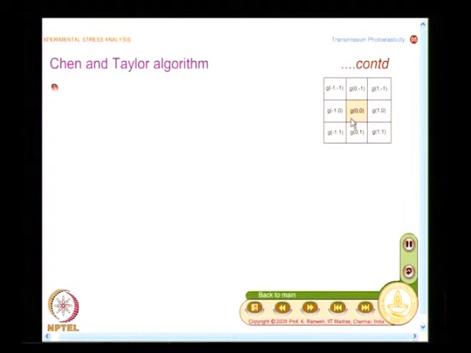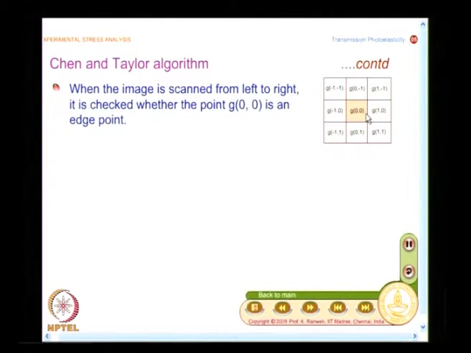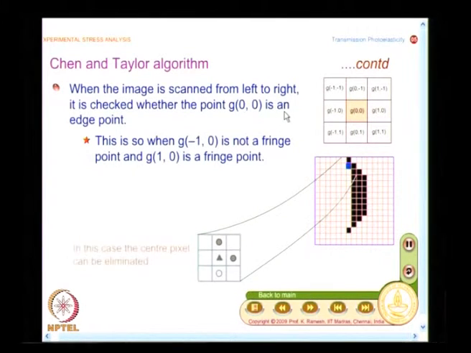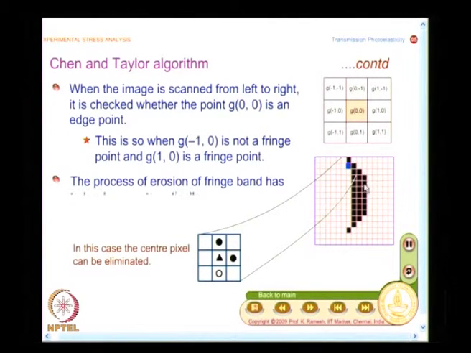And what I have is this is the pixel that is under consideration, and the image is scanned from left to right, and I want to find out whether the pixel z0,0 is a border pixel and do I have to retain or eliminate it. And I have shown a typical fringe where it has a different kind of thickness, and this blue pixel repeats that scanning process, and I will redo the animation, then you can have a look at it.